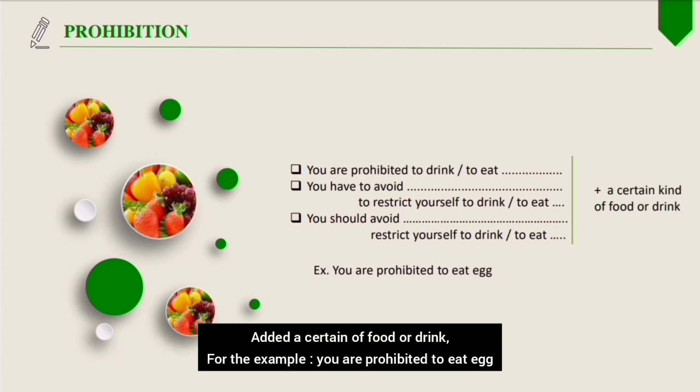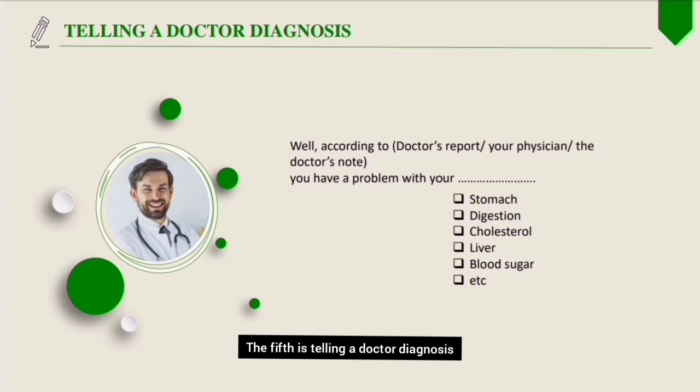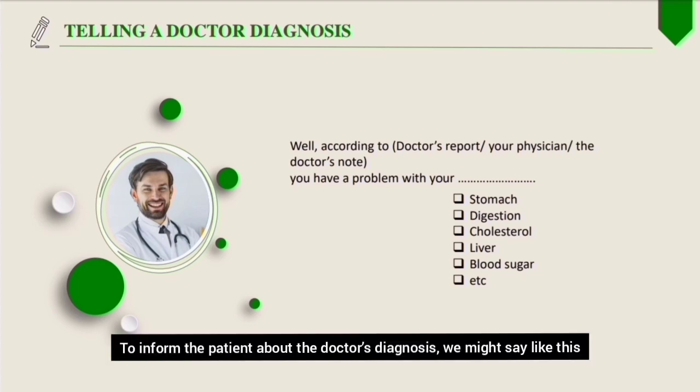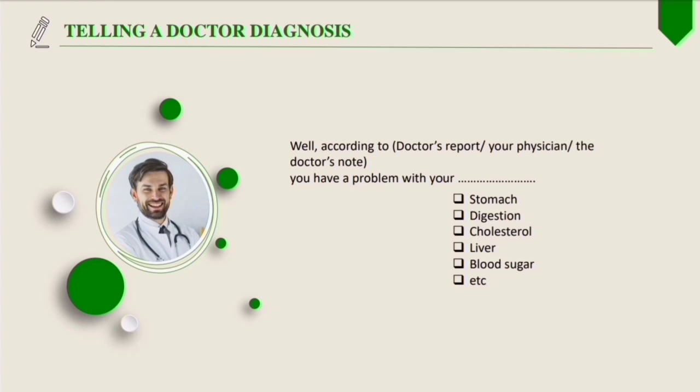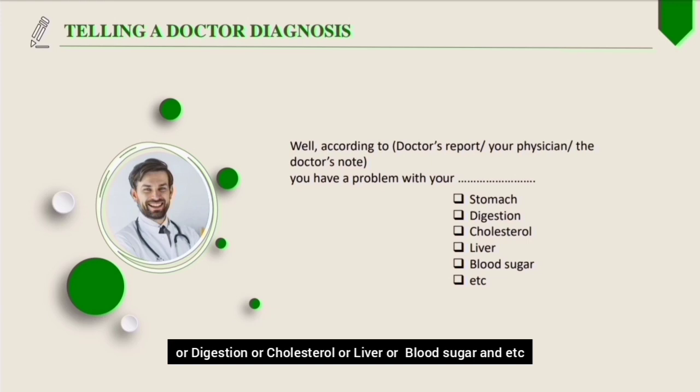A certain food or drink. For example, you are prohibited to eat egg. The fifth is telling the doctor's diagnosis. To inform the patient about the doctor's diagnosis, we might say like this: well, according to the doctor's report or your physician or the doctor's note, you have a problem with your stomach or digestion or cholesterol or liver or blood